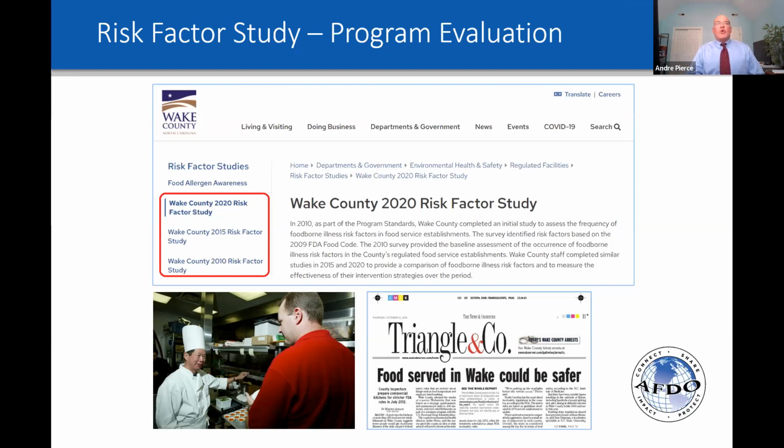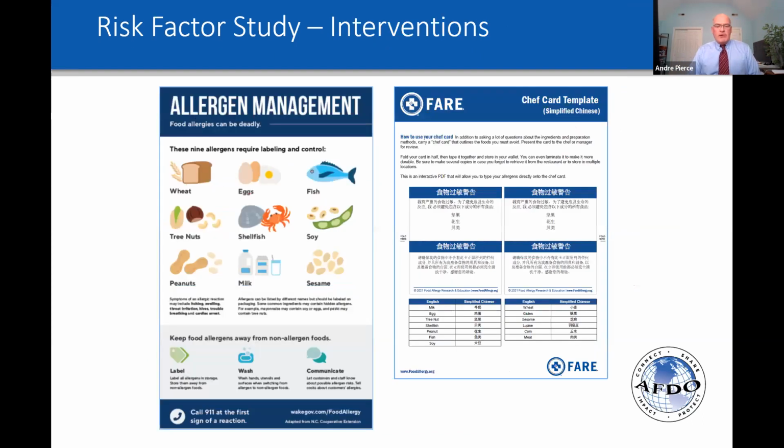So we did the studies, and so what? I'm going to flip over to the next slide. So what do you do with it? And I'm going to use this next intervention to just illustrate at a really simple level what we did with this. So in our study last year, we had a new rule we were comparing against the new code. And one of the questions on that study is the percent compliance, have knowledge about food allergens. And in our county, only 14% of those operators really had adequate knowledge of the question that we asked for the study. So thinking back to the things I asked you to put in the chat a while ago,